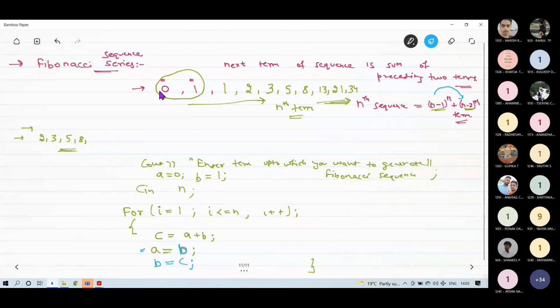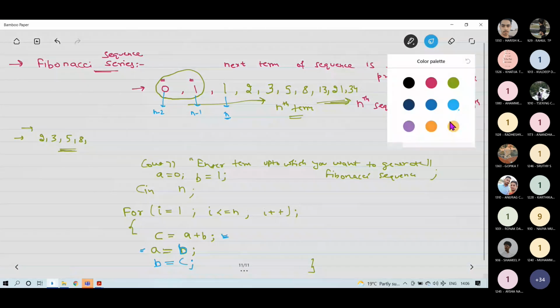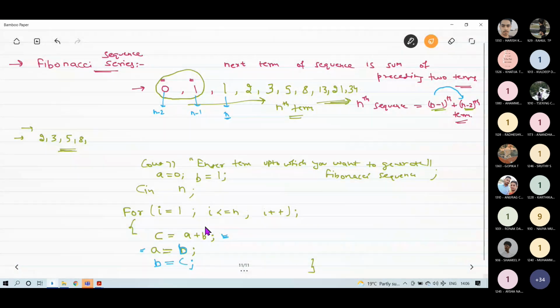See, initially this term was n minus 2, this term was n minus 1, and this term was n, and I have calculated this nth term with the help of this expression. But now in the next iteration, I have given the value of b to a. So this value will now become n minus 2, and this value will now become n minus 1.